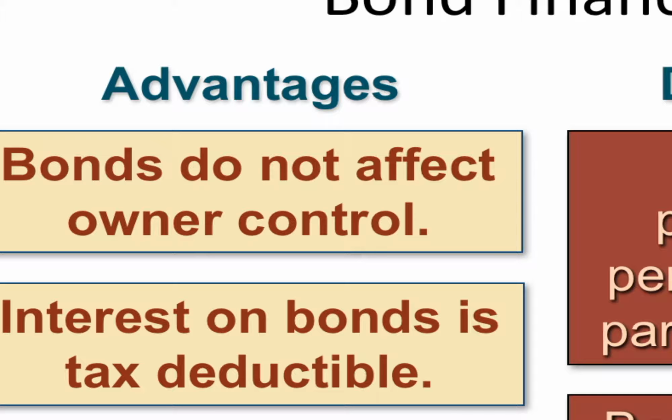Or you can borrow the money through bonds, know that you're going to have to pay it back eventually, plus interest, but you are not giving up or diluting the control of the company by creating more and more owners or by pushing more stock out there. Okay. Also, you are paying interest when you borrow money, but that interest is tax deductible.